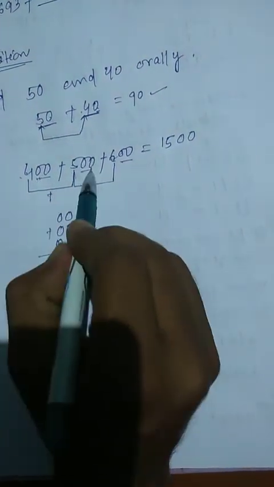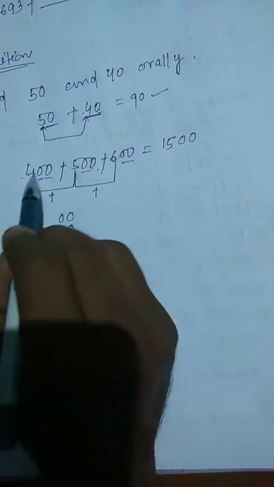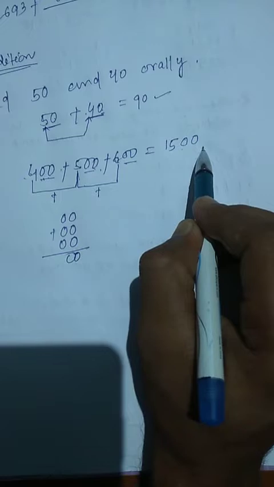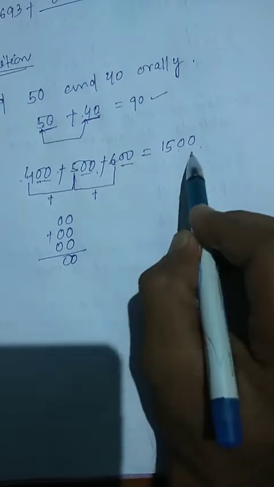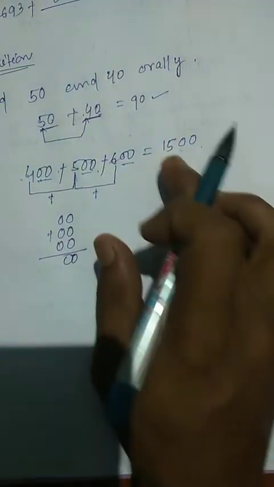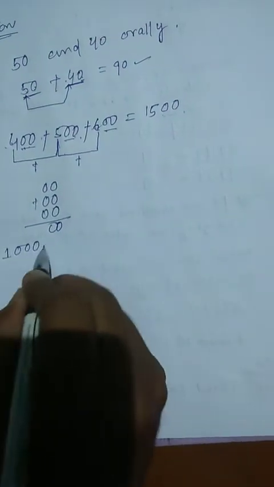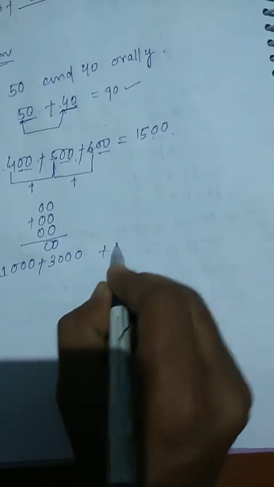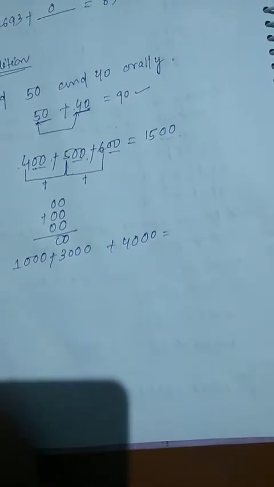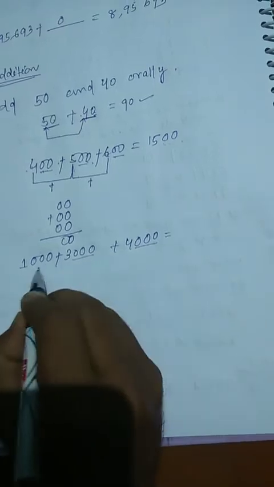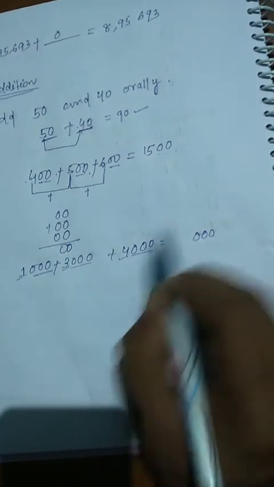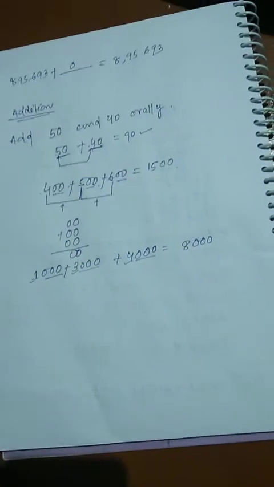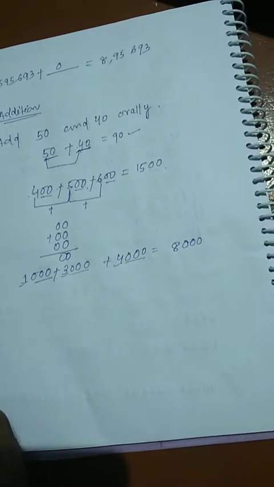When you see the same number of zeros on the right side of numbers, you add the numbers first, and then you put those zeros on the right side of the result. Suppose 1000 plus 3000 plus 4000. First of all, what will you do? These are 3 zeros, so you will put 3 zeros. Then 1 plus 3, 4, 4 plus 4, 8. So likewise you will do. Now I think you can do worksheet 3.